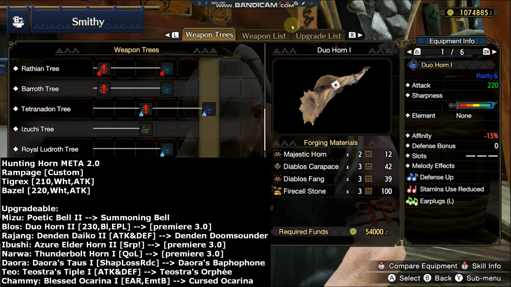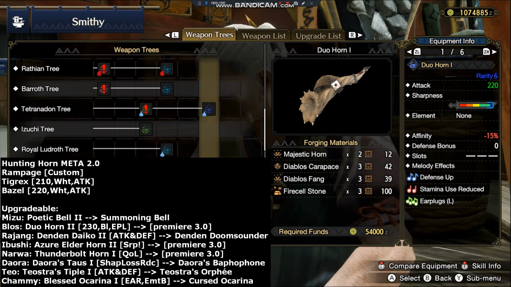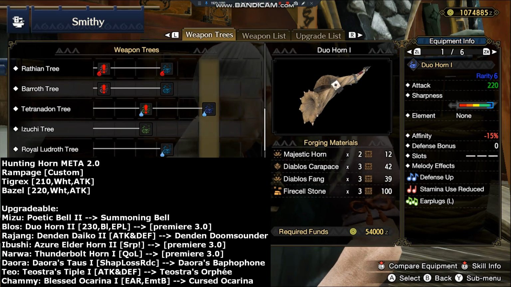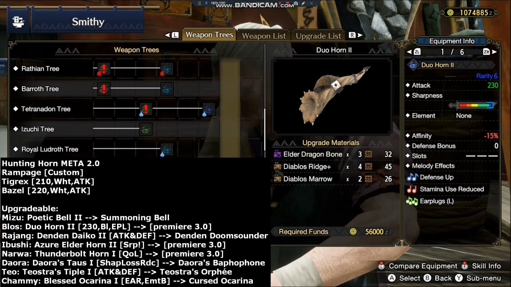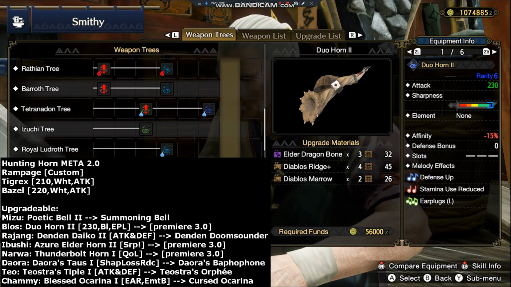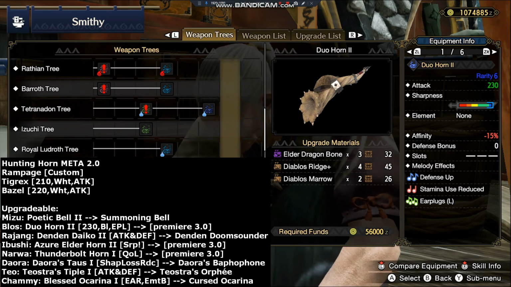Next weapon I want to talk about is the Diablos Hunting Horn. Monster Hunter Rise is the first Monster Hunter since 2004 where we get the Diablos Hunting Horn. Actually, it's no meta weapon, it's pretty bad because of the bad sharpness and also no attack buffing melodies. Earplugs L is pretty cool, but I think the sharpness and the slots and the affinity are actually just